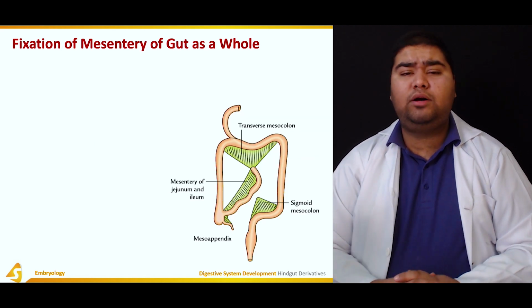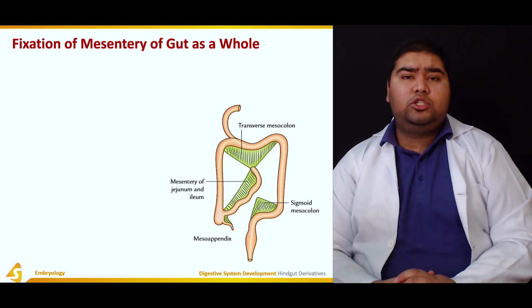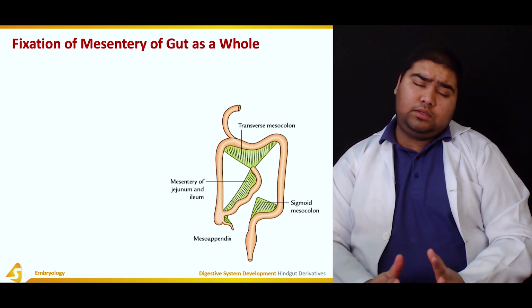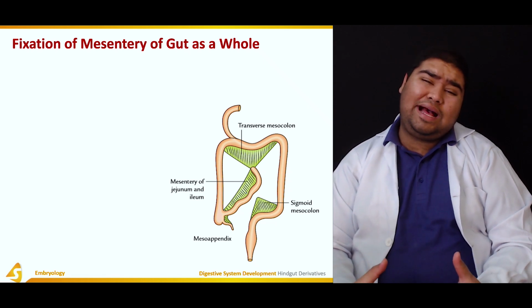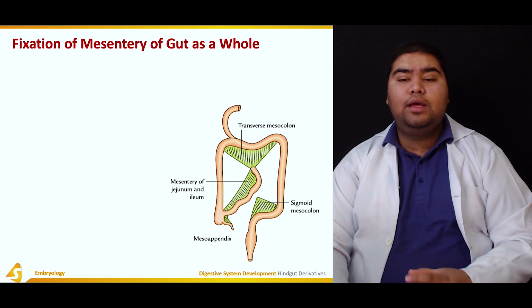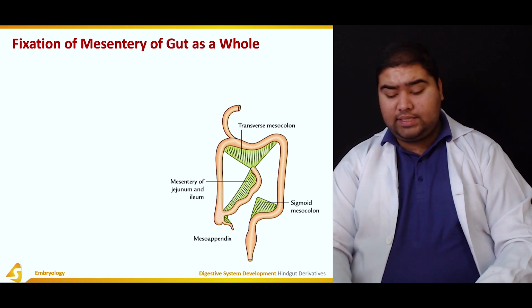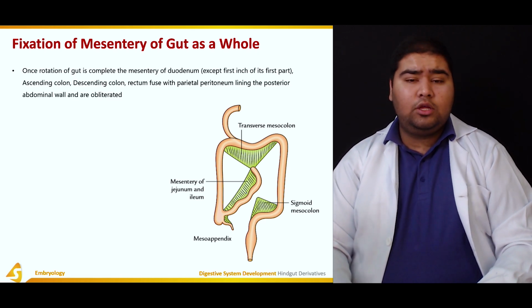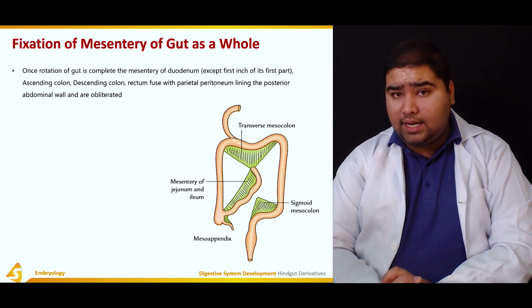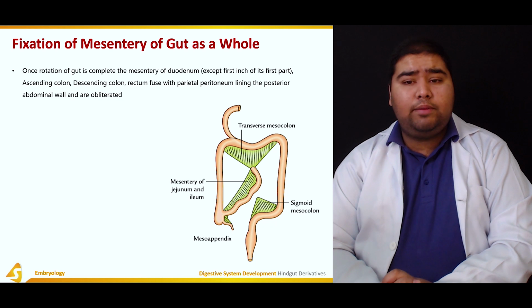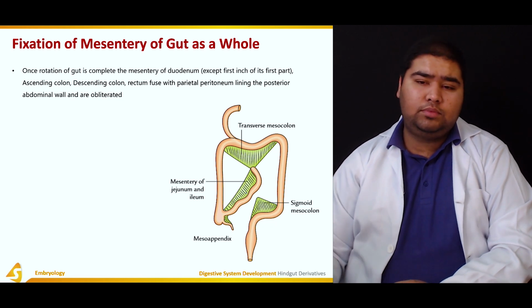Now let's talk about the mesentery. While talking about development of the gut, each section of the gut had its own mesentery. Now let's see what happened to the mesentery of various sections of the gut. Once the rotation of the gut is complete, which was 270° anti-clockwise,